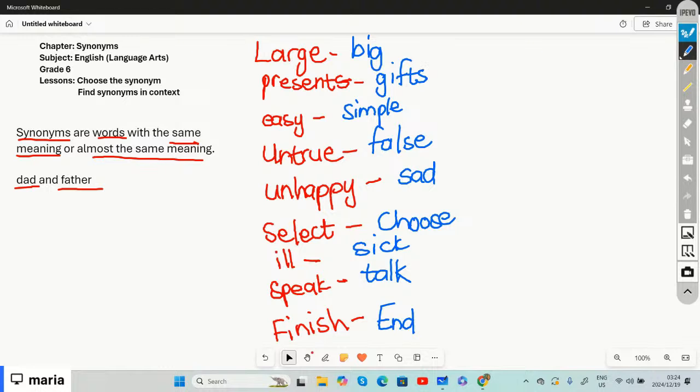So instead of just saying, oh, I saw a big bird, you can say, I saw a large bird, right? It is Christmas and there was a lot of presents under our tree, or you can say a lot of gifts under the tree. Instead of saying, oh, the test was easy, we can say it was simple, right? Instead of saying, oh, I'm feeling so sad, you can say I'm unhappy. So you can use words that are similar in meaning to another word in order to make your writing more interesting,